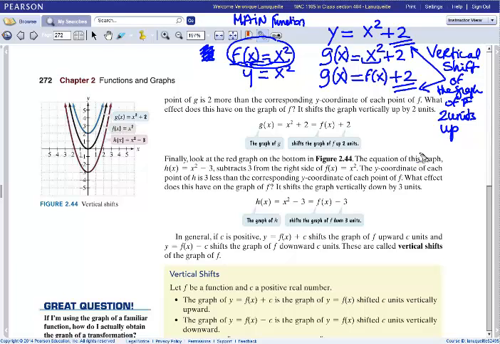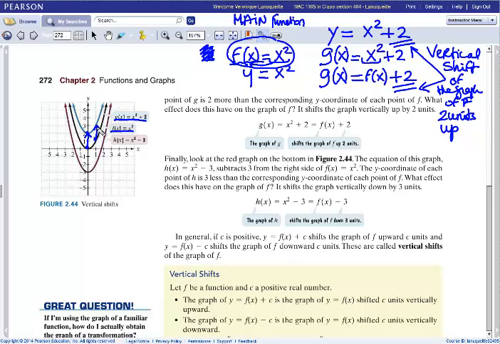Okay, so now notice that the vertex was right here at 0, 0 for the function f, but now for the function g, the vertex moved up to the location 0, 2, and the same thing for each point that you have, on the graph of g is obtained by taking each point of f and shifting it 2 units